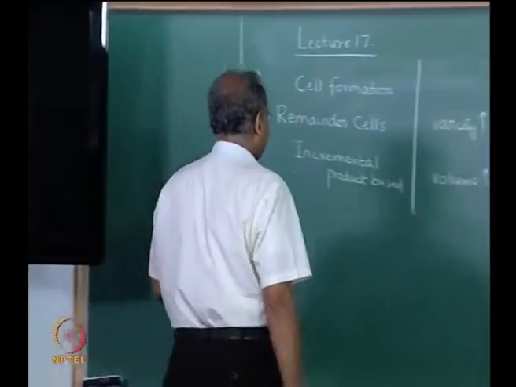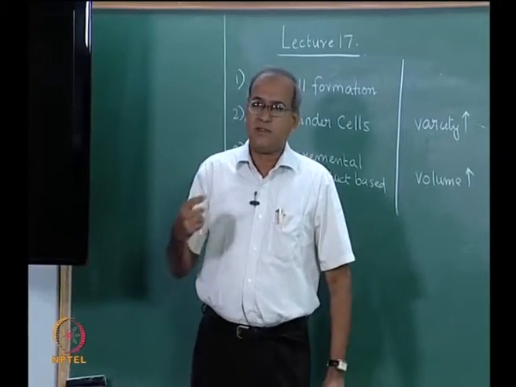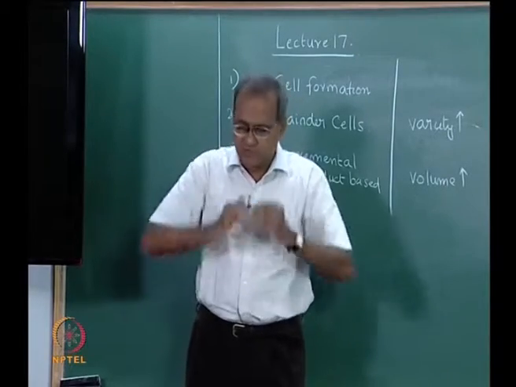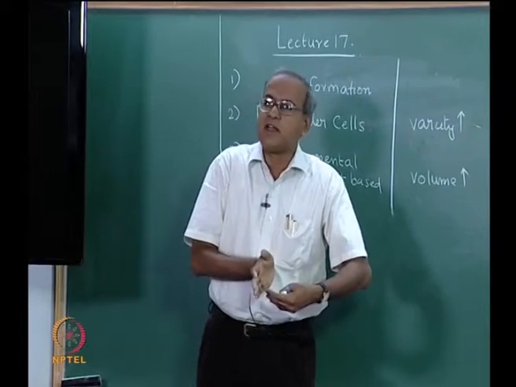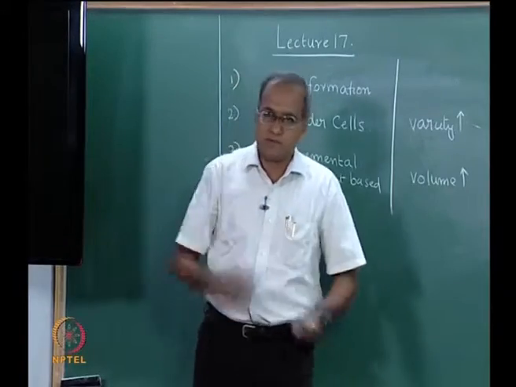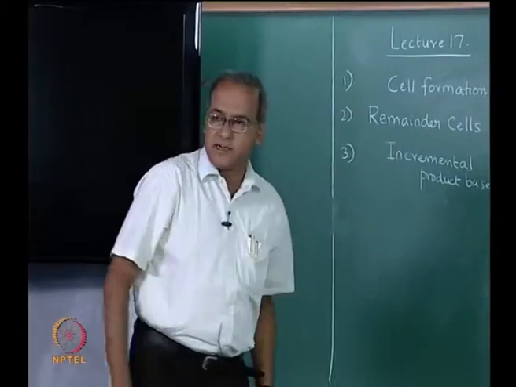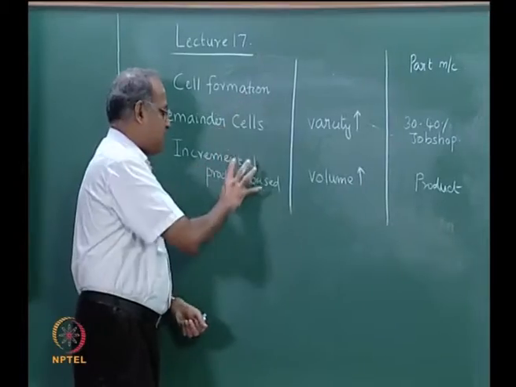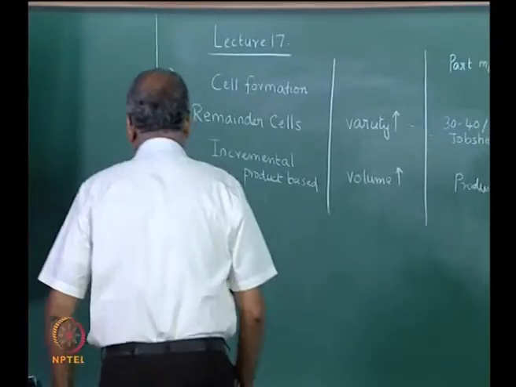This is a case where the products are a little smaller in size, there is sufficient volume, and the cell is created, and everything from this cell will go to an assembly which is very close to the cell or in the same area as the cell, and the complete product will come out by pulling from this cell. So this classification also is there in the literature. With this introduction we will now see the remainder cell, after which we will see incremental or product based cells. So if we go back to the remainder cell,